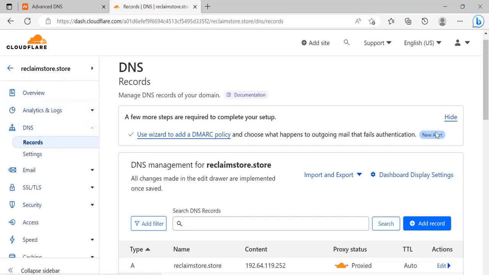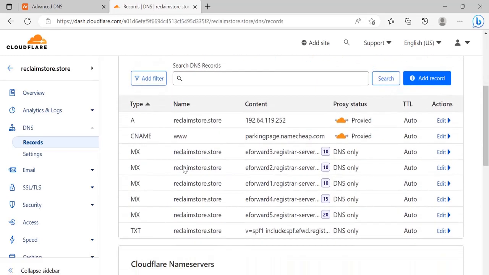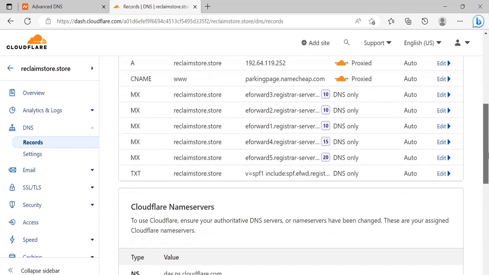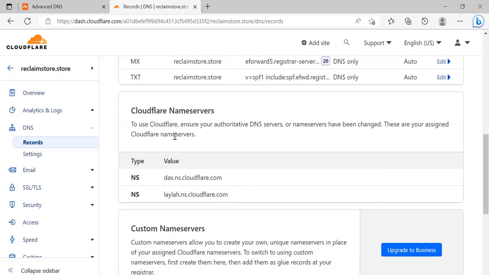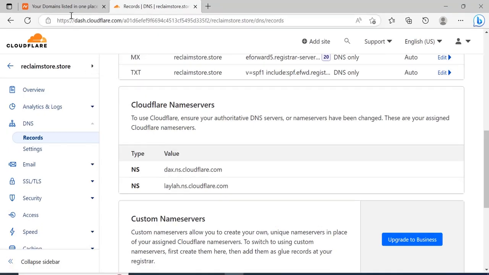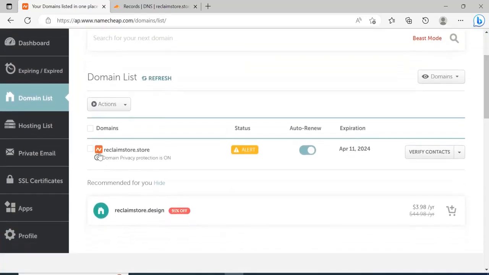DNS records. If you scroll down, here you will see the MX records, TXT records, A records, and CNAME records. And if you scroll down more, you will see the Cloudflare nameservers. What we need is to copy both of these nameservers. Okay, now let's go back to our Namecheap dashboard and click on domain list,